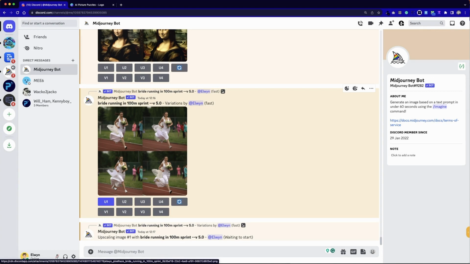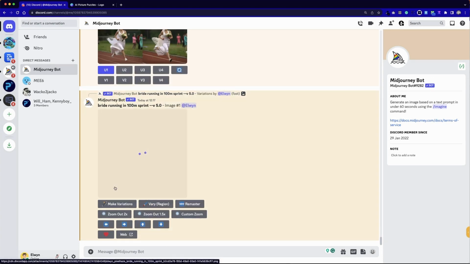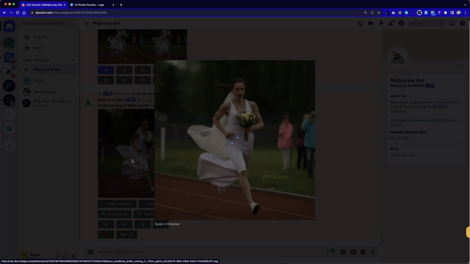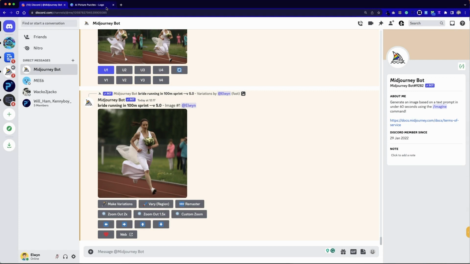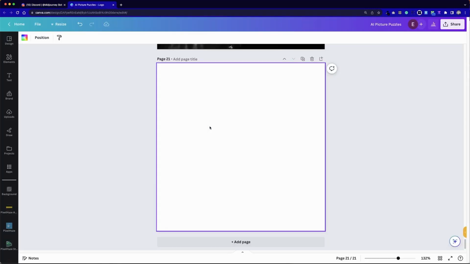Upscale, basically, you pick the image of the 4 that you think is most suitable, and then it changes it into a high-resolution graphic. Here we can check, make sure the number of fingers are the same, especially when Midjourney started out, it could never do hands properly. And so that's one of the challenges we have. But yeah, that one works. So if we copy that image and head over to Canva,